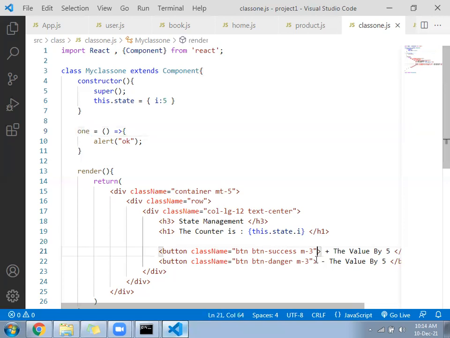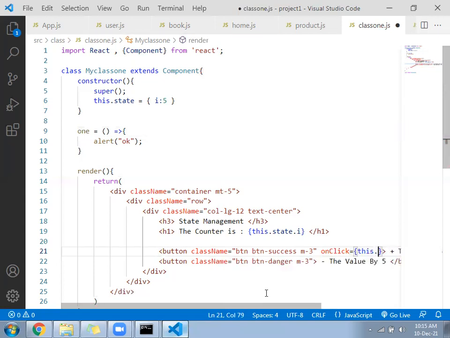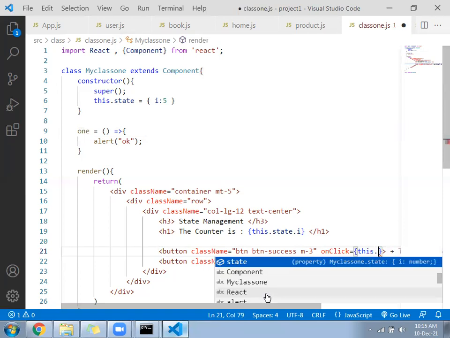Come down, go to the first button, onClick, where the C will be capital. onClick equal to this. followed by the function name. What is the function name? One. Just one.